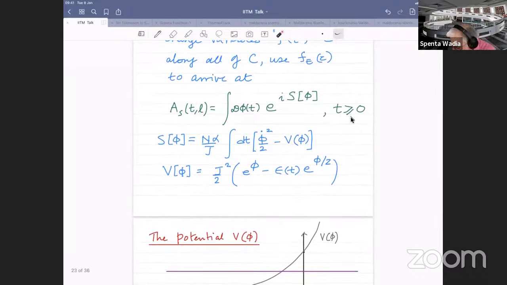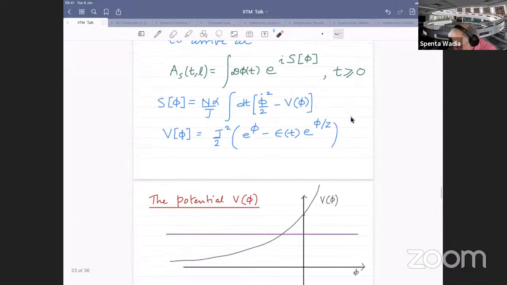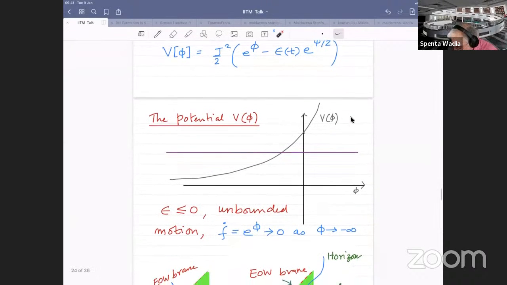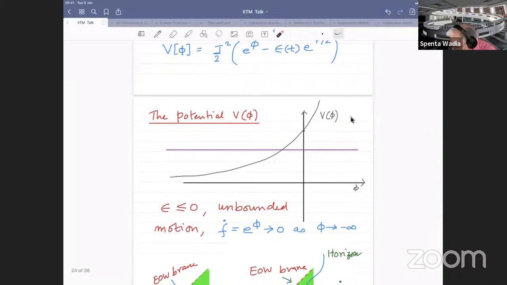And you have a very simple Hamiltonian system that emerges. The Hamiltonian system has a peculiar potential. It's peculiar because of the following property, that if epsilon is negative, the potential is like this. Now this potential only has scattering states, so its energy eigenvalues can only be continuous. So that's why people say that this is not a good Hamiltonian system. But this is a simple point.